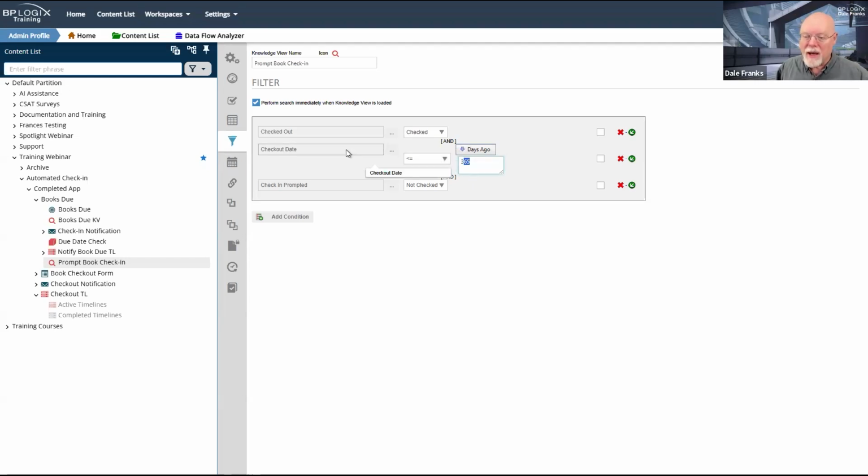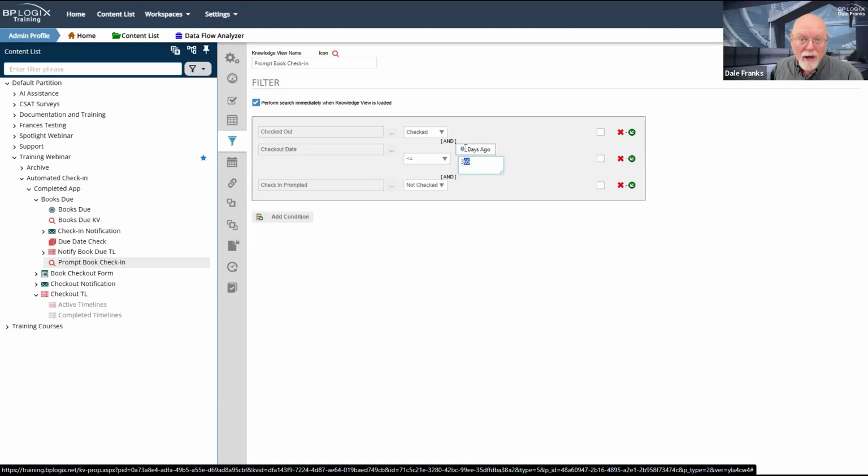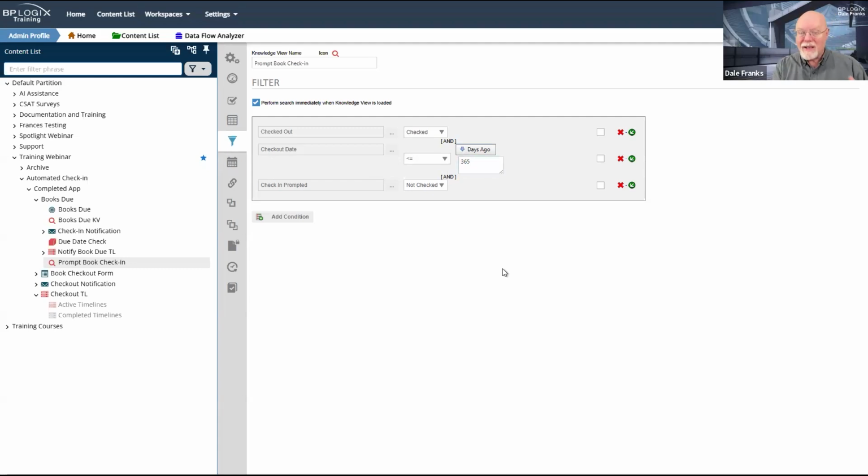So what you would think was you'd want the checkout date to be more than 365 days ago. But that's not the math it's doing. This date value is not going to change. The days ago, months ago, weeks ago, years ago is going to return a date value. Now I have two date values that I want to compare.